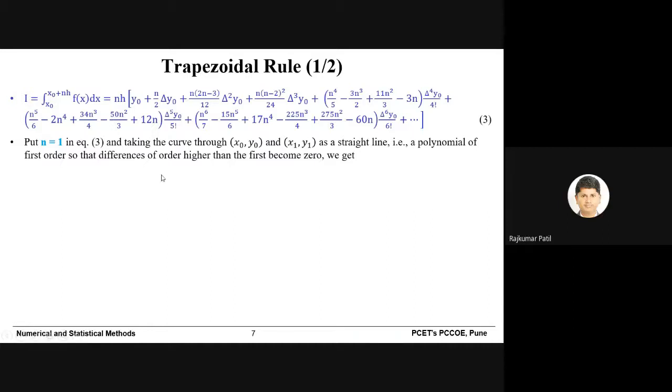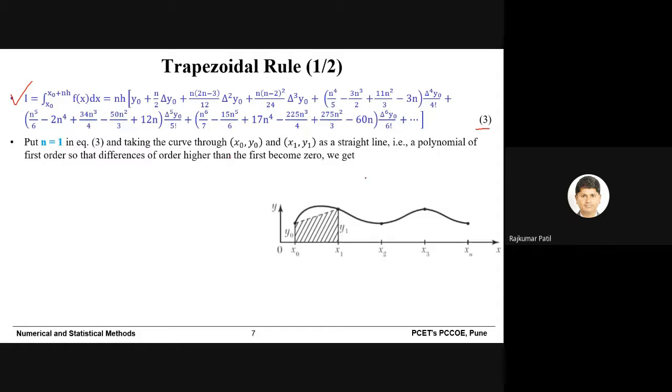So yesterday we started with trapezoidal rule, and for that we began with developing an equation for Newton-Cotes, that is called the Newton-Cotes formula. It is given in equation number 3. We already discussed how to derive the trapezoidal equation by using equation number 3, but we will briefly cover it once again and then we will move ahead.